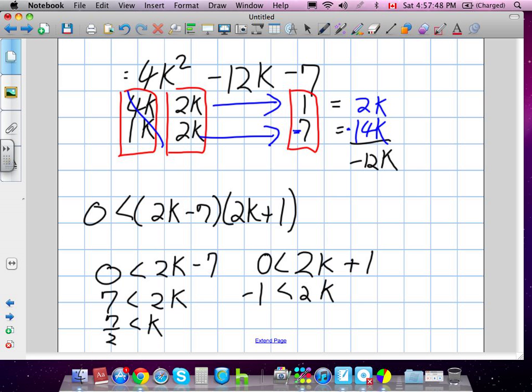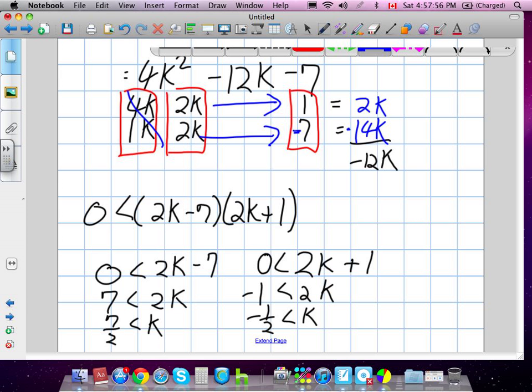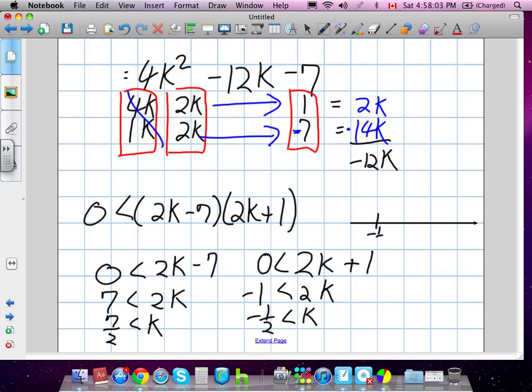Now in this one, we're going to get -1/2. K is going to have to be greater than -1/2, but that doesn't logically make sense on a number line. Because if I have -1/2 and I have 7 over 2, 7 over 2 is much higher up on the number line. I have to be greater than that. Well, greater than a -1/2 would also be here. It would already encompass this. So there's some kind of